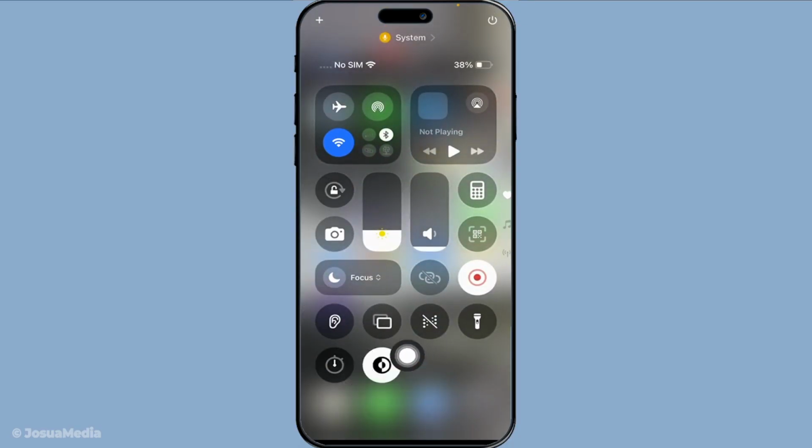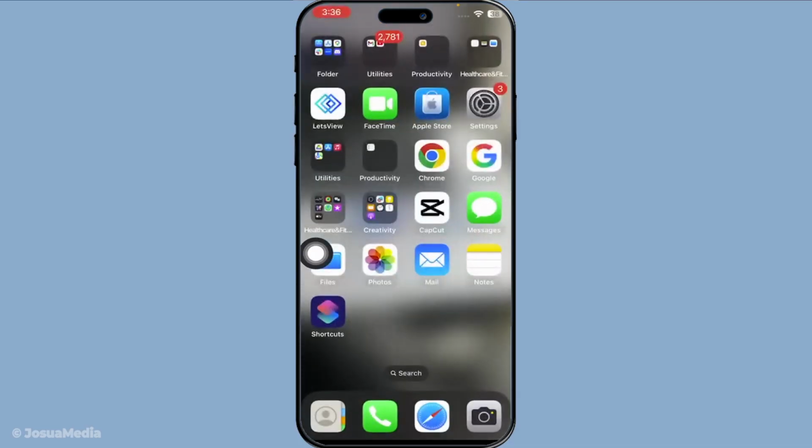Once I'm happy with everything, I simply swipe up or tap outside the control center to exit editing mode. Everything saves automatically, so there's no need to press a save button. Now when I open the control center again, you'll see all the new controls I added, ready to use instantly